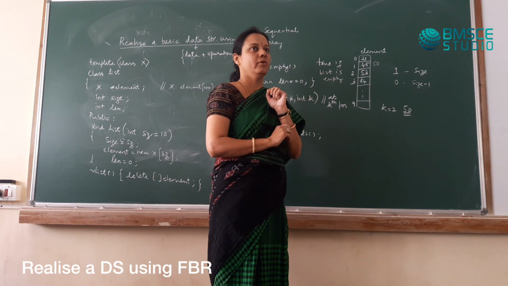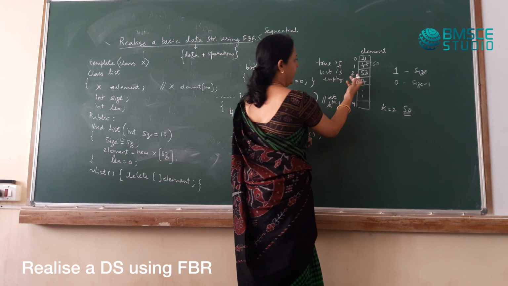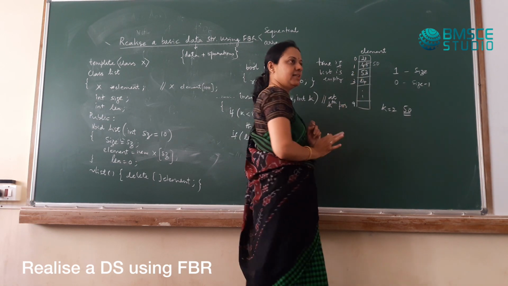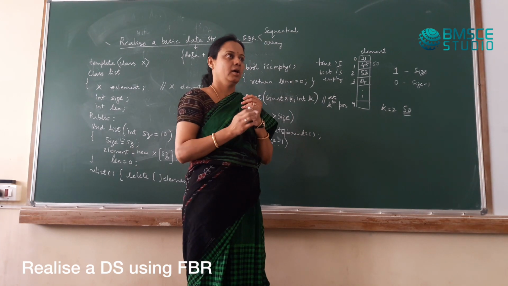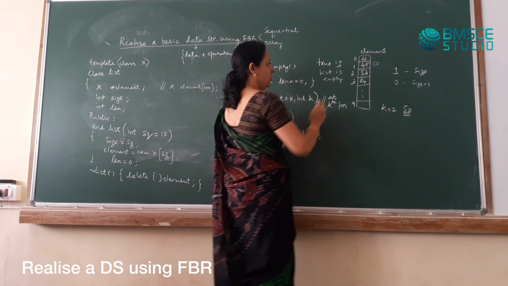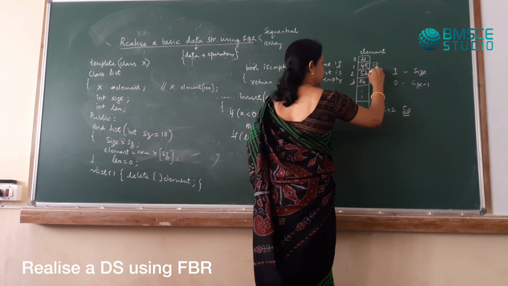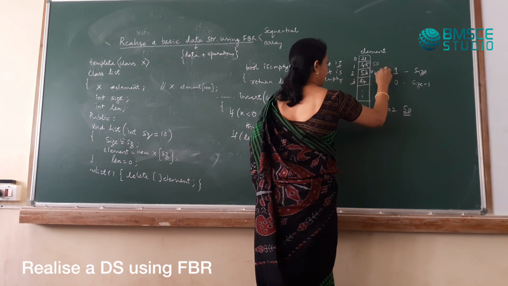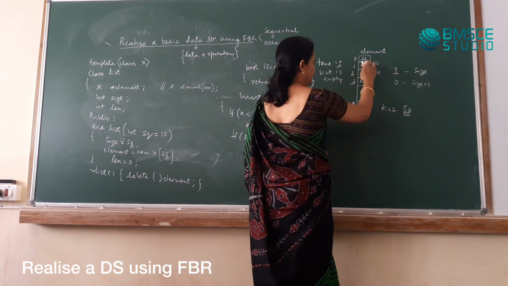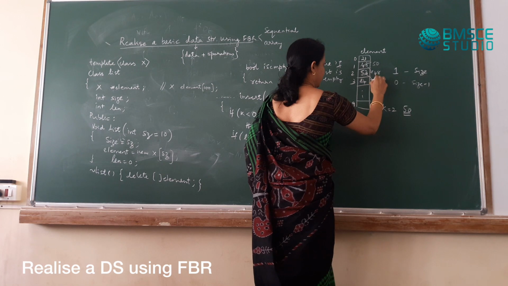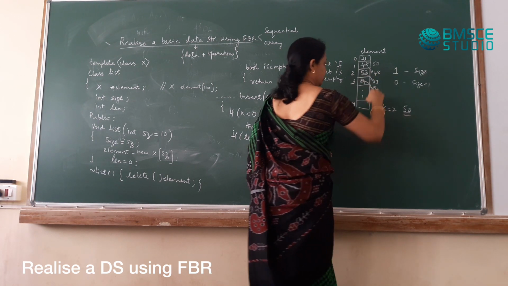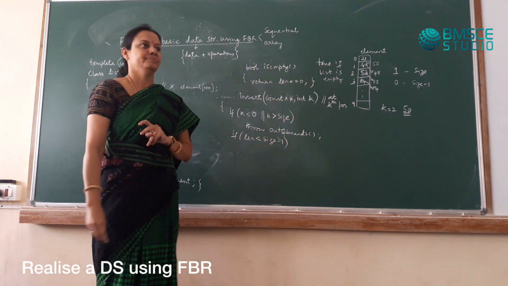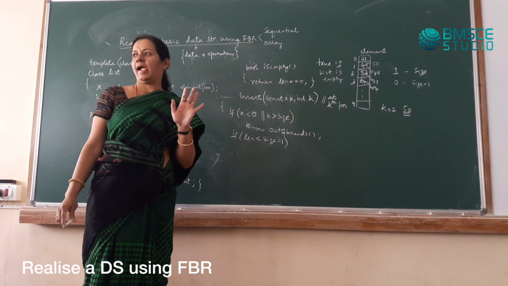So what do we have to do? We will have to somehow accommodate these numbers. Are we free to change their order? No. So what do we do? Push this 48 down and make space. Now if 48 comes down, 53 should come here, 84 should come there. Got it?